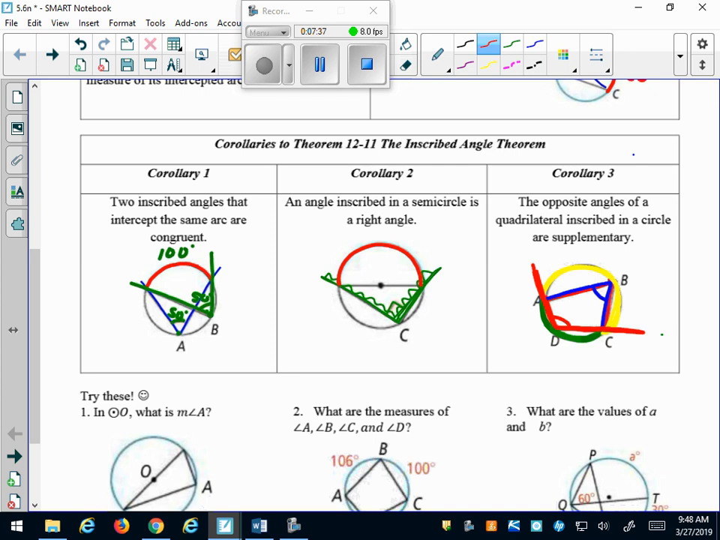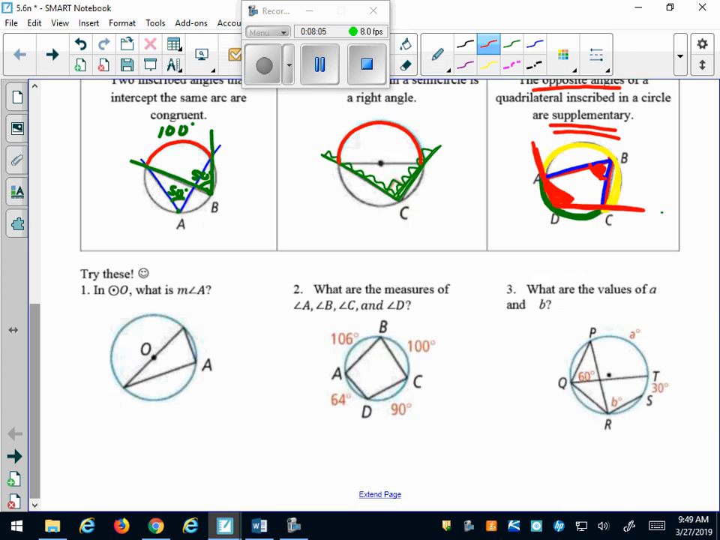So what are the two arcs added together again? 360. So what are the two angles added together going to be? 180. So that's what this corollary says. The opposite angles, this one and this one, right? These two angles, added together will equal 180. Remember that word for adding to 180 is supplementary. Okay, so